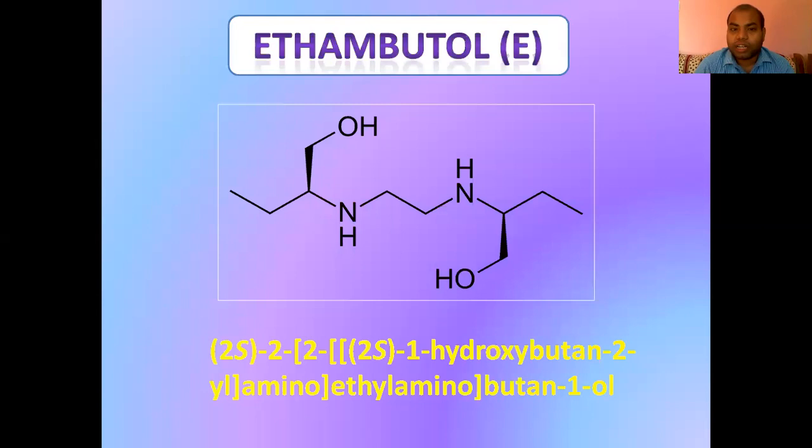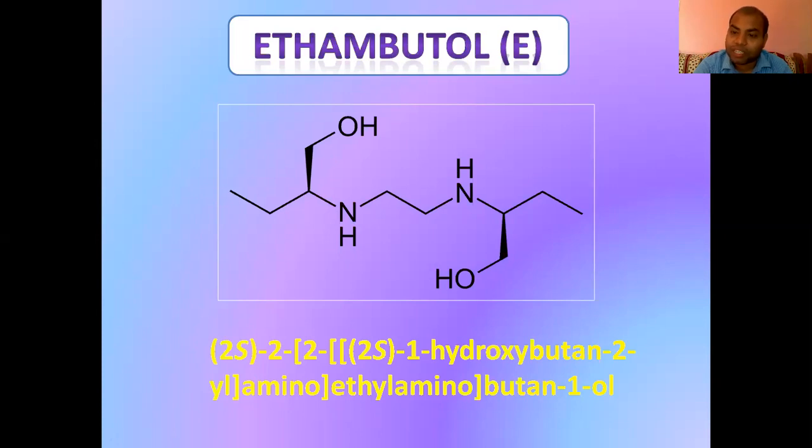And the next structure we are going to study is ethambutol. Ethambutol, as the name suggests, has a hydroxy group or OH group in the IUPAC name. OH groups are generally used as "ol" in the suffix form. So ethambutol, etham, that means ethanol. So there is an ethyl group, and the parent chain is butanol, along with an amino group. So this is given as the IUPAC nomenclature of ethambutol, where S denotes stereochemistry.